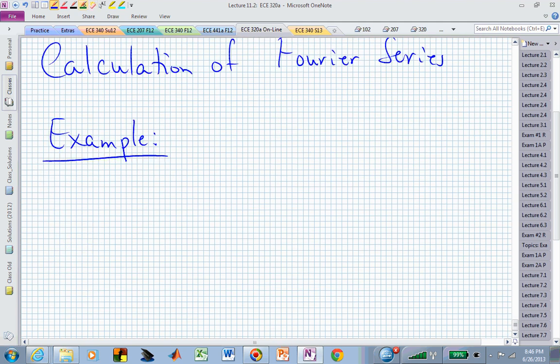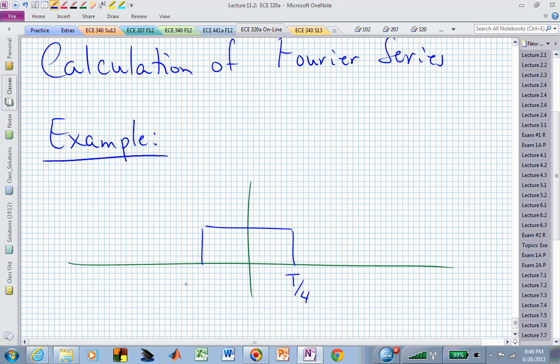The example that I'm going to use is going to be a pulse train, and let's say that that pulse is half a fundamental period in width, but it's even. It's an even function of time t,